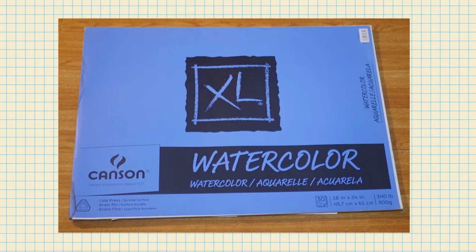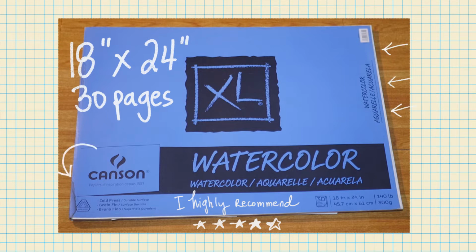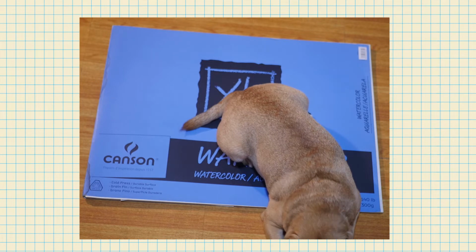This is a Canson watercolor pad. It's 18 inches by 24 inches, pretty big, and it has 30 pages. I haven't used every one of them, and there are multiple smaller art pieces stored in between pages. It got rained on a little bit on the side, so you might notice a few stains on the edge of some artworks. Also, I'm very clumsy, just so you know, and I have a dog, so I hope that